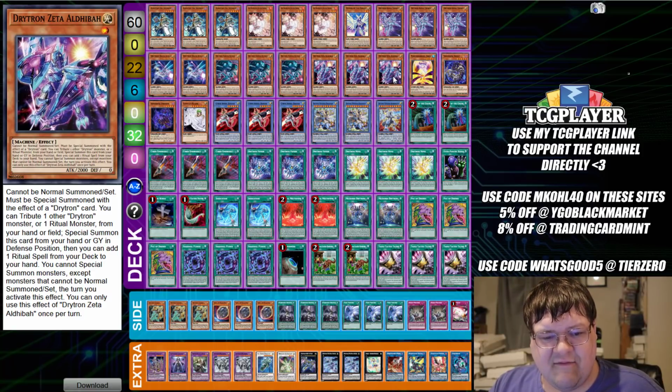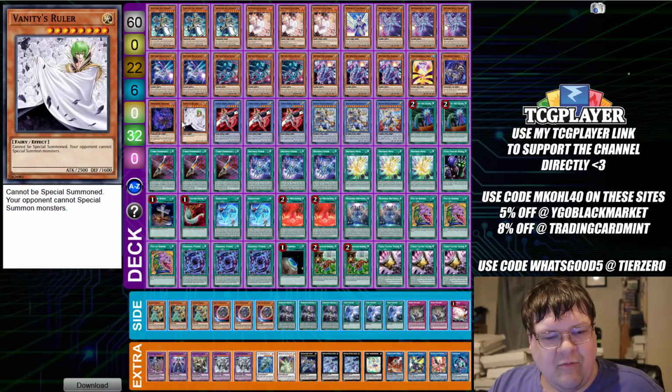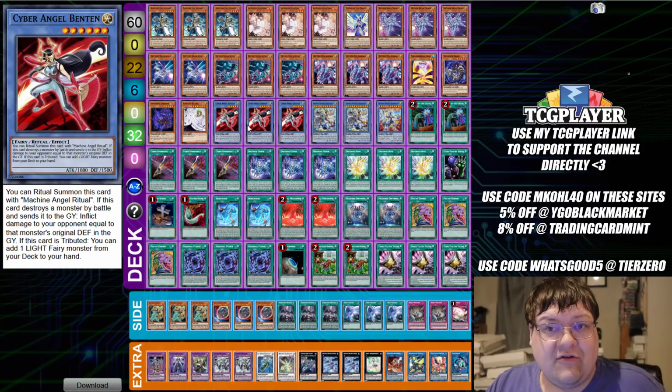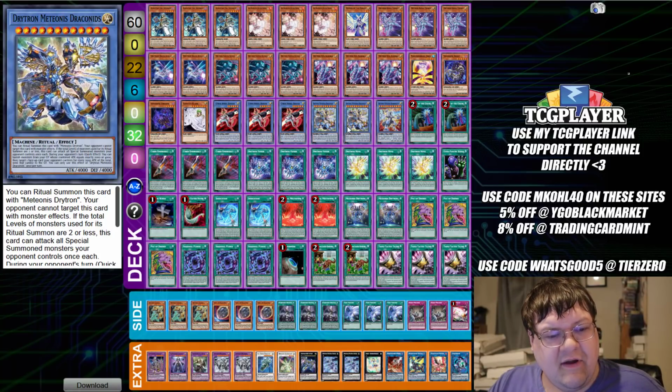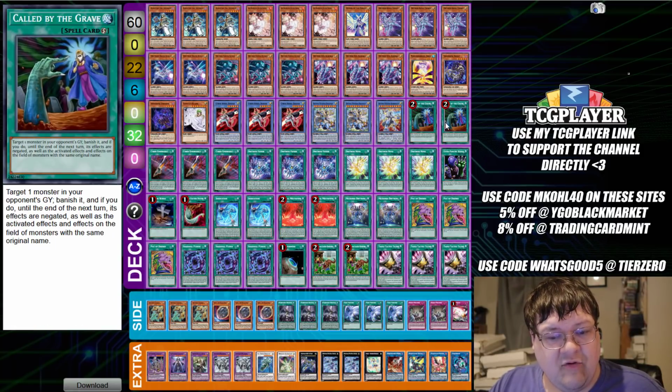Pretty standard stuff there. Our little mini Shaddoll package is 1 Ariel, 1 Beast, 1 copy of Dragon, and just to ensure that we can slap the full control of things into this bad boy, we have 1 Vanity's Ruler, because hey, you tribute to Ben 10, you can go search for your stun monster, right? Speaking of Ben 10, triple copies of her. Then we have 2 Draconius, 1 copy of Quandranus, okay, and then we have 2 copies of Called by the Grave,